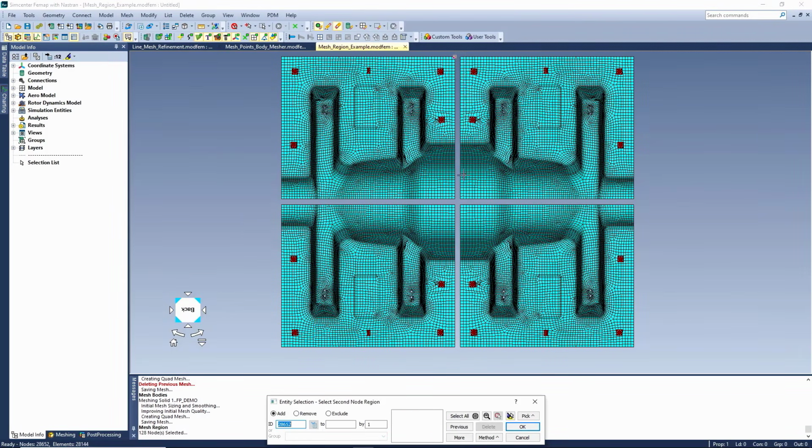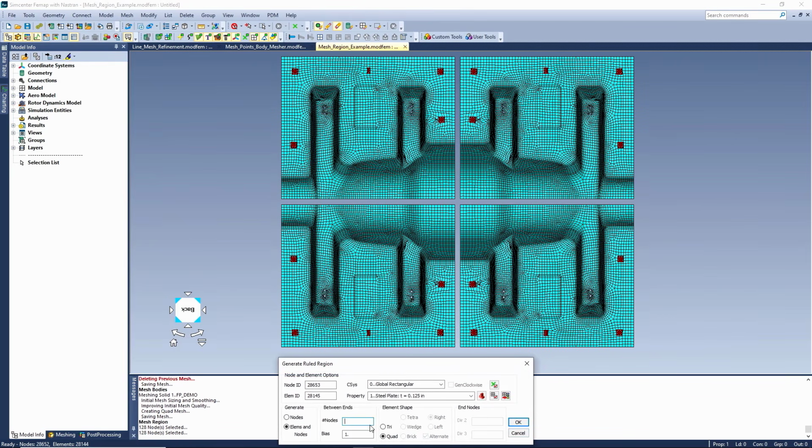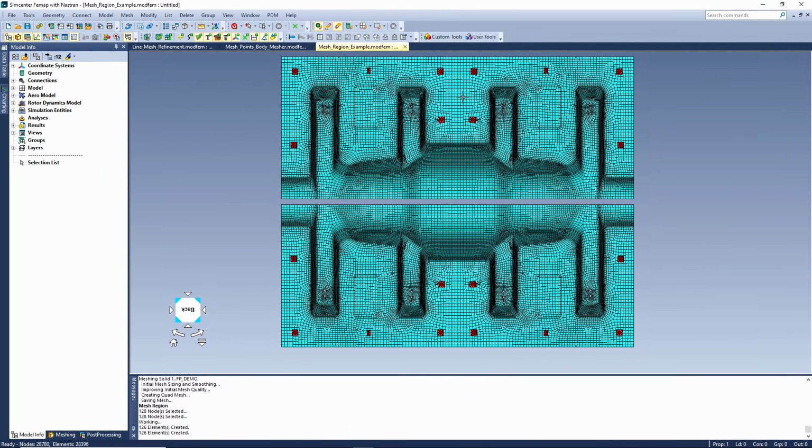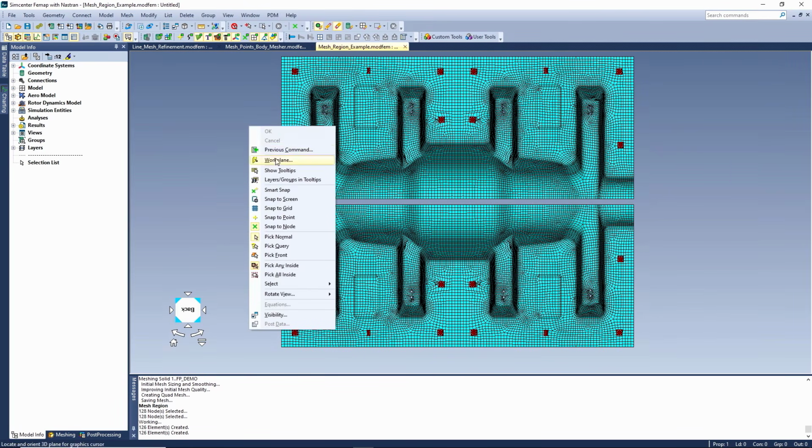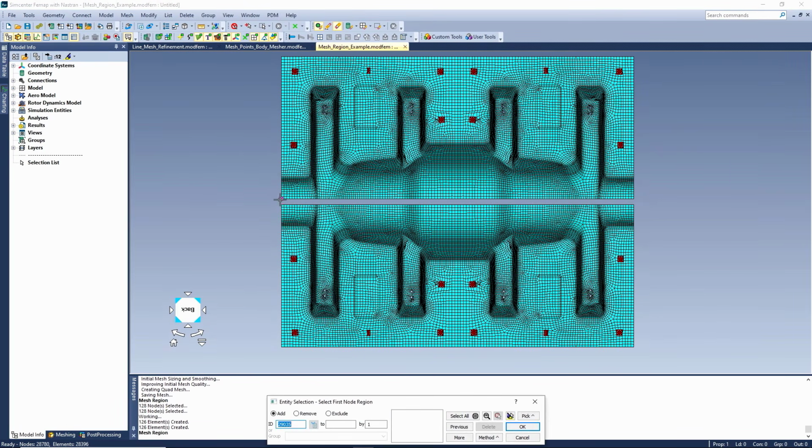And in previous versions, this was much more difficult because they had to be ordered sequentially, essentially numbered the correct way. Now what you can see is I can just say OK, give it my number of nodes across that region, and you can see that it filled in those gaps, but it actually left a gap in the middle here. So what we can then do again is we can just use the same command.